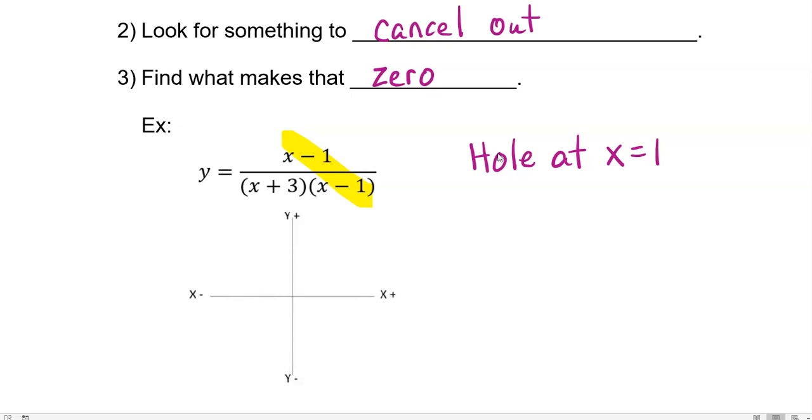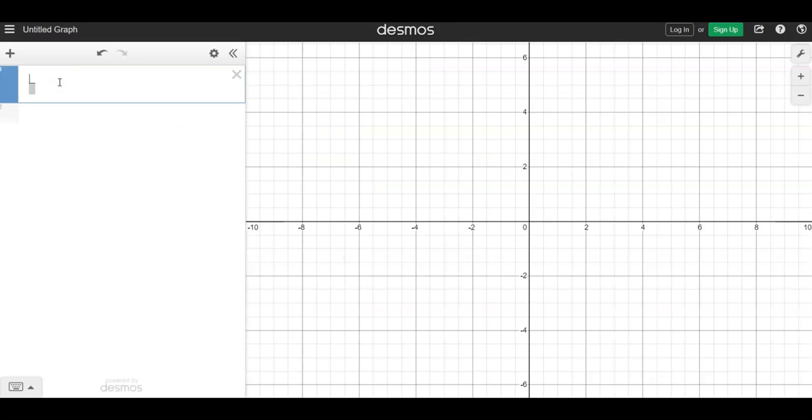Now, for today, we're not learning how to get the shapes of the graphs. We're learning about holes and vertical asymptotes. So we're going to let Desmos help us out in getting the shape of the graph, and we're going to sketch that down here. Now, I know that I'm going to have a hole at 1, so I'm going to mark that because that's going to remind me to put a hole there wherever the graph is at that point. Okay, so I go to Desmos, and I want to put in the equation just as I saw it in our problem,